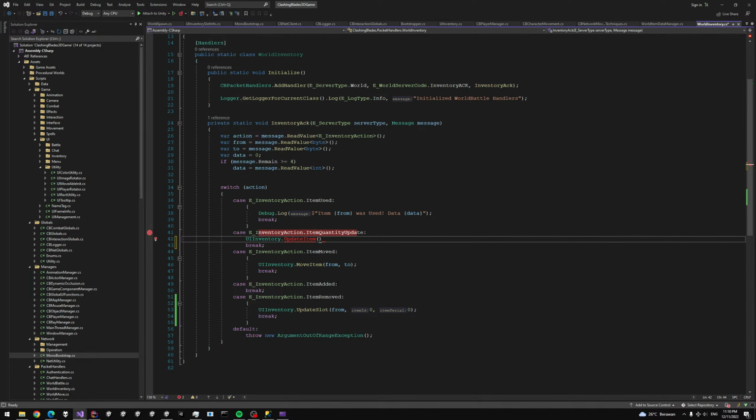Or actually, should I send back reference, cp player manager player inventory get item from